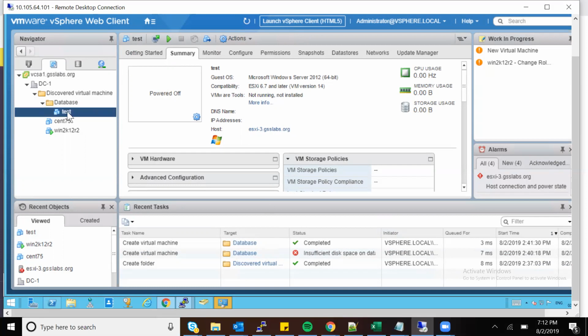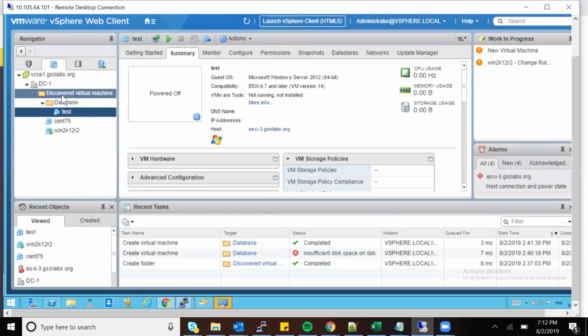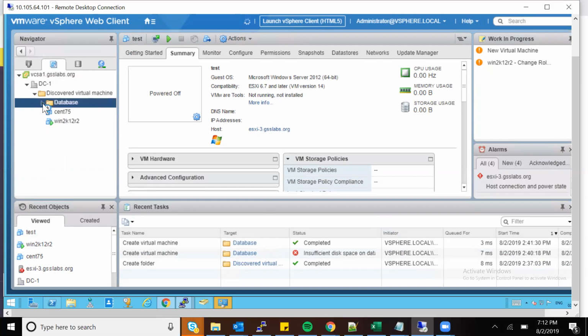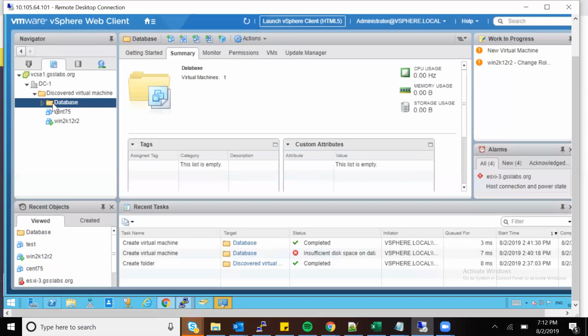For the VM backup, let's say it's a Veeam backup, Veeam will search for all the available folders in the vCenter, and it won't list the hosts available. It will only show all the data folders here. And let's say I want only the database VMs to be backed up. I'll just point to all my database folders and then I'll click next.